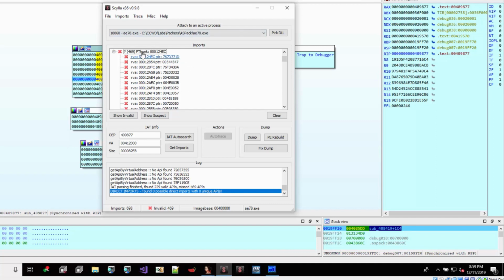The tool didn't identify any API in those addresses, which can be a problem, and we really don't find those APIs. Or it's just because there is garbage in memory and the tool confused those pointers with addresses of the API table, the import address table, and is trying to see if there is something else. I mean, it can be multiple options, right? But at this point, we don't really